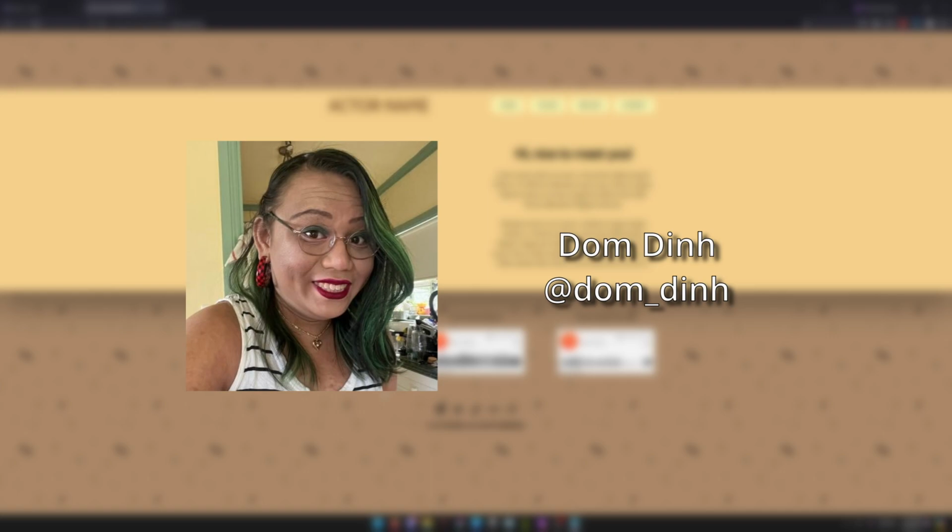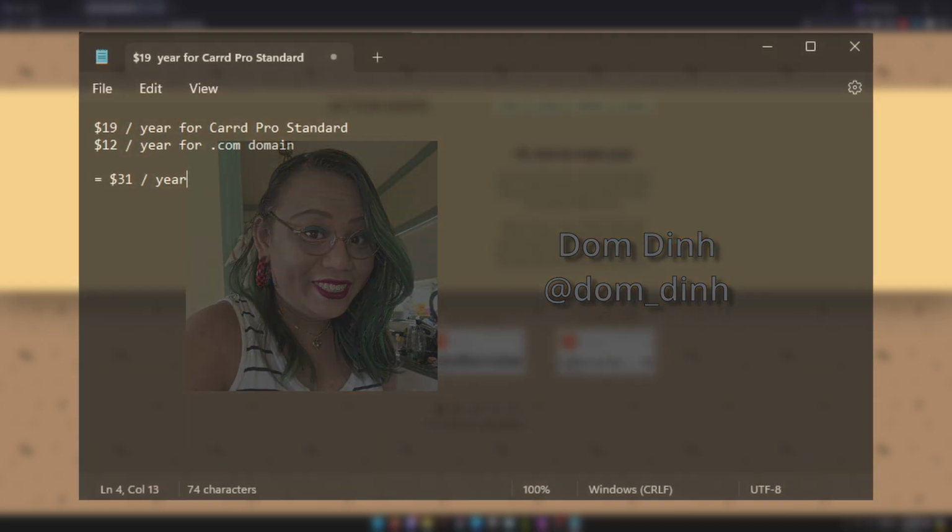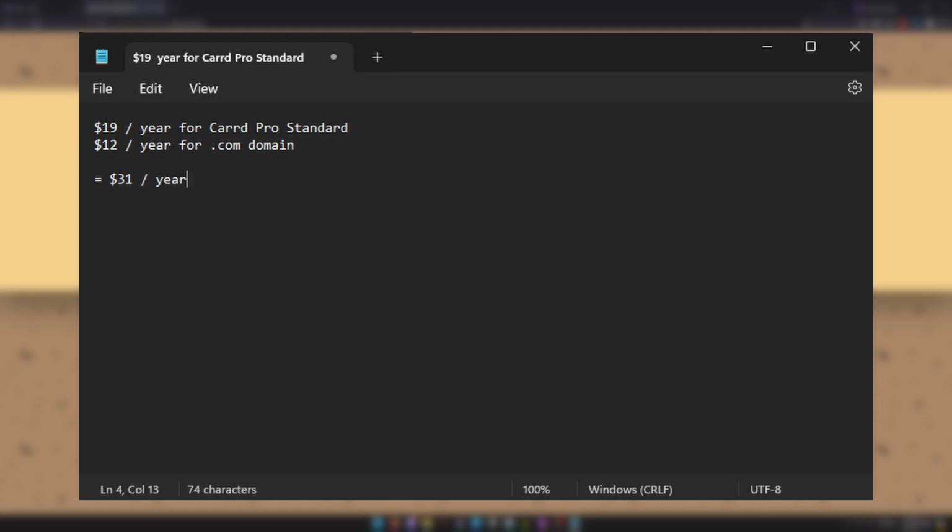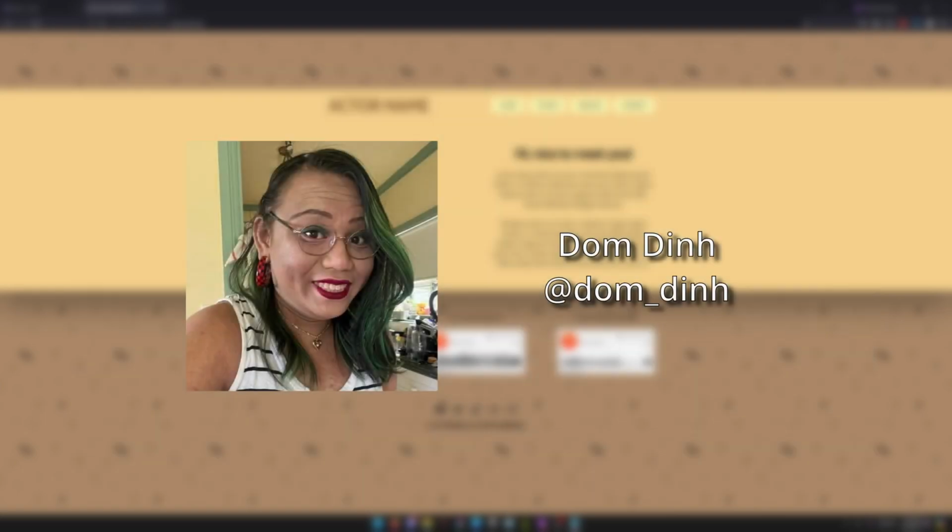You can either go on a free plan or just use a Card domain, as well as the included embedded players from SoundCloud or Google Drive. Or if you want to link your own domain, it only costs $19 a year for the Pro Standard plan, and it usually costs $12 a year for a .com domain. That's effectively $31 a year just for a website. It's pretty neat. Today, I'm going to be showing you guys how to use Card and edit the voiceover templates